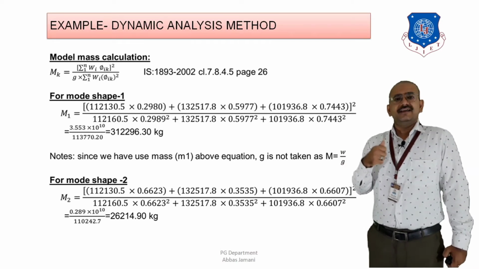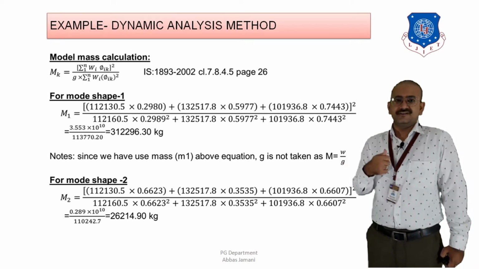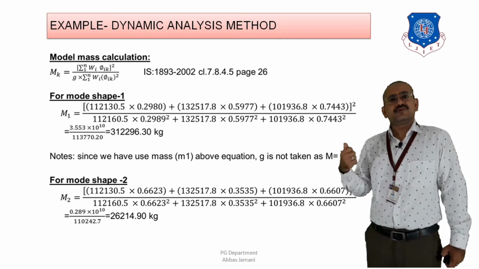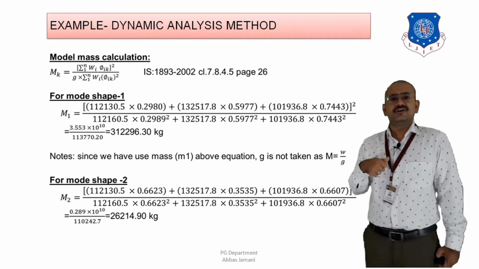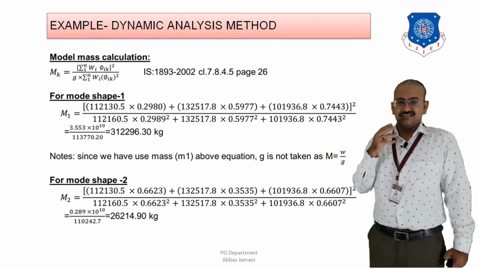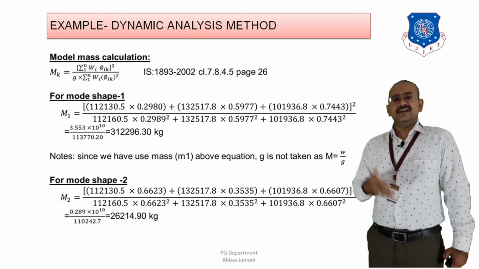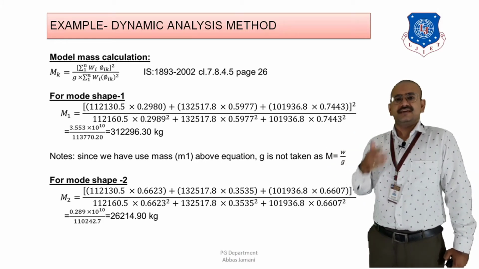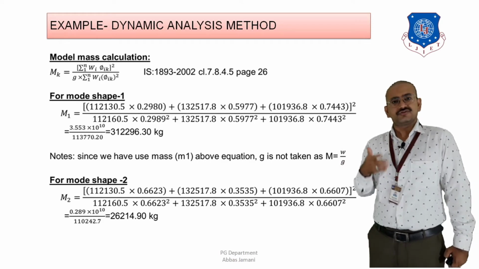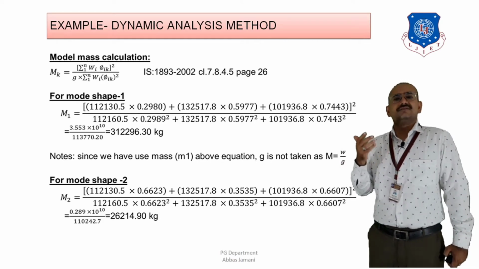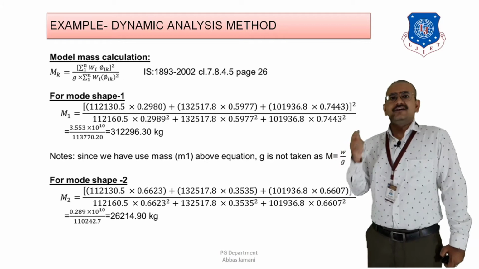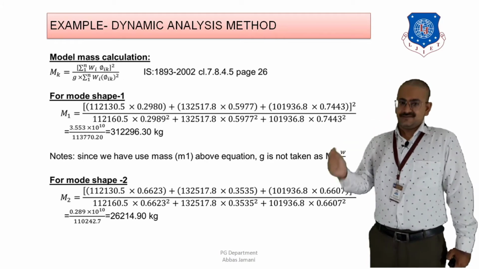So it is going to be the mode shape coefficient at floor i corresponding to mode shape k, because we are going to have 3 mode shapes, right? It is phi 1, phi 2 and phi 3. So the value of k is going to be k1, k2 and k3, and at the same time we are going to have 3 floors also. The value of i is also going to be 1, 2 and 3, and the value of W is also going to be 1, 2 and 3, right?